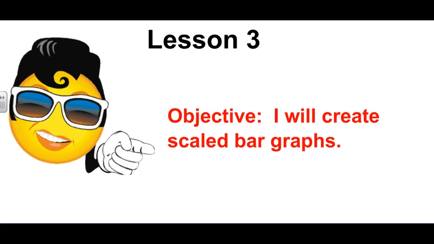Your objective for lesson 3, because we're skipping lesson 2, is I will create scaled bar graphs. So we're still working with data, except we're just not collecting data today. The data that we're going to be looking at has already been collected for us. But instead of making a picture graph or a tally chart table, we are actually going to be making bar